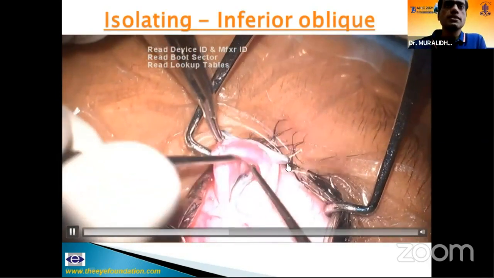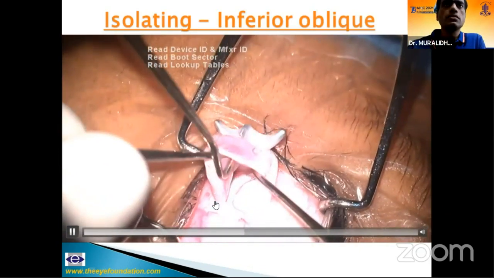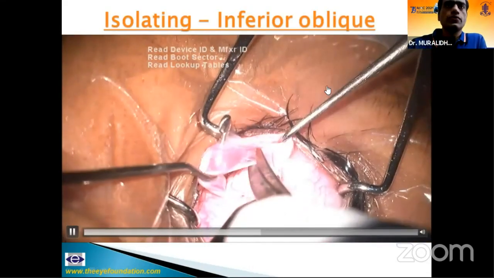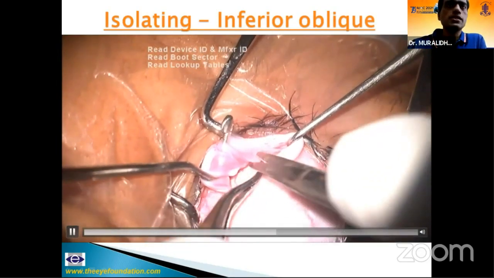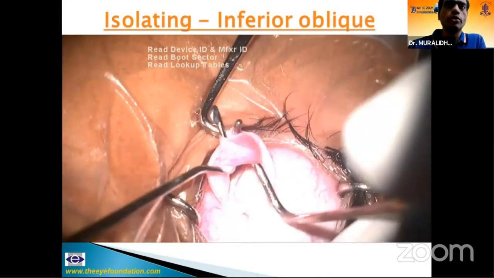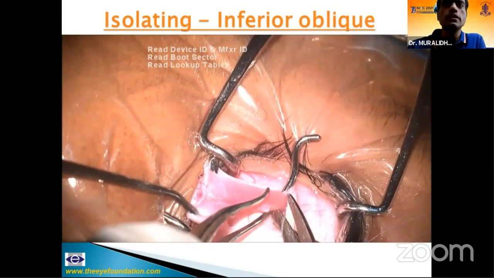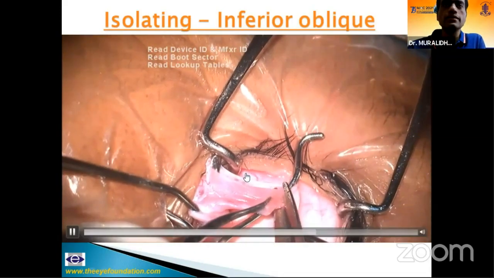Clear up the intermuscular septum. These are 2 Stevens hooks that I have used. Once you have cleared up the intermuscular septum, Dr. Burton Kushner makes a very important point here. Don't pass the sutures before you cut the muscle, because you'll be removing a segment of the muscle. You will be introducing an inadvertent anteropositioning. So you can just cut the muscle and then pass the sutures.